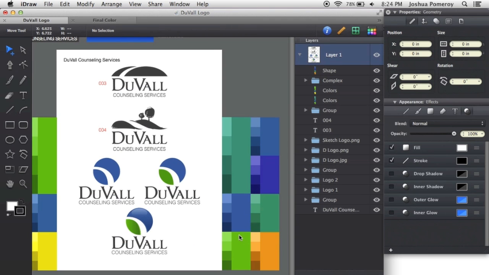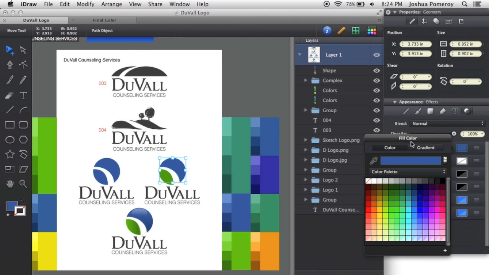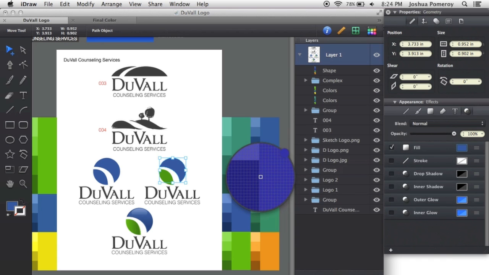And the eyedropper in the little pop-up color menu in iDraw is great, and I've been using it a lot more, especially when you're able to pull in a palette like this. Now you've got specific colors for a logo, an icon, a button, a website, whatever you want to use. So you can really just go in and pick those colors that you want and change them right there. That easy, and you know that you're picking colors that are going to work well together